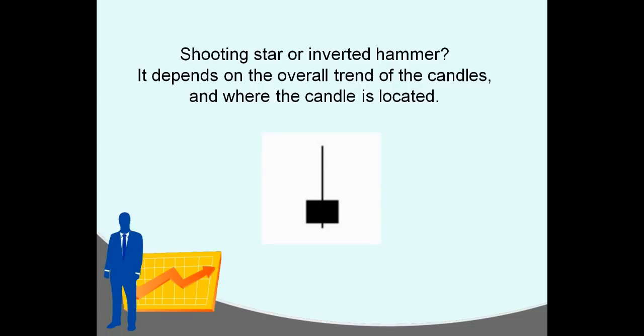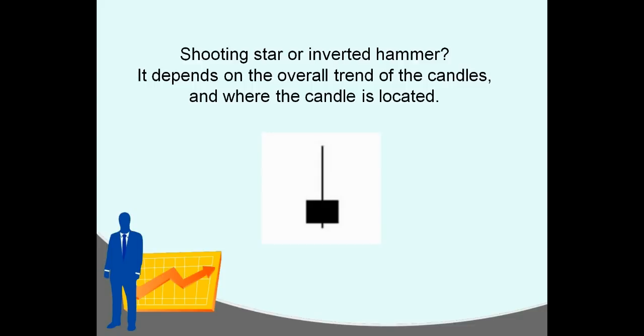Look, everybody, a shooting star. Or is it an inverted hammer? Well, let's talk about this candlestick formation. Now, shooting stars and inverted hammers are types of candlesticks, and they both look pretty much the same in isolation. If you're just looking at one candle by itself, it's hard to tell whether it's a shooting star